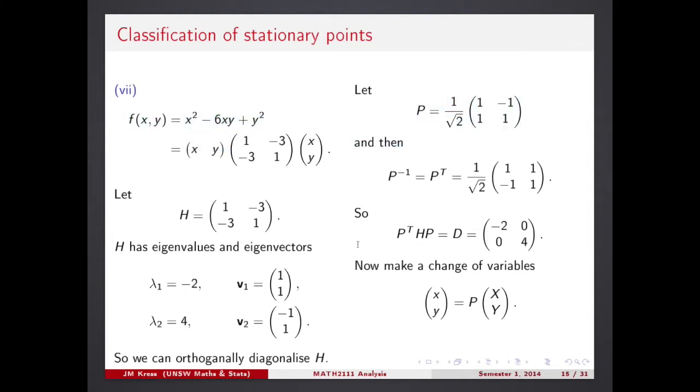So this method will always allow you to convert the expression of this type, any homogeneous expression of the second order. It is a homogeneous expression of the second order because every term is a second order term. Combined degree is 2: x squared, xy, y squared. All of them second order terms, into